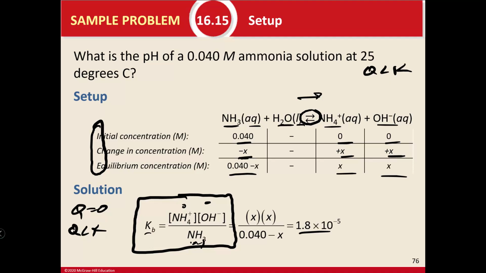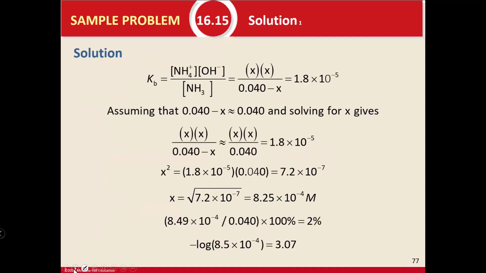We plug that into the expression, and we get X over 0.04 minus X equals 1.8 times 10 to the negative 5th. This is 4 times 10 to the negative 2. It's about a 10 to the third difference. So we're going to assume that this X is negligible. And then we'll check to see if that's a good assumption as we move through. But the first thing we want to do is just assume the X is negligible. Makes it easier for us. All right, so assuming this X is negligible, then we have X squared over 0.040